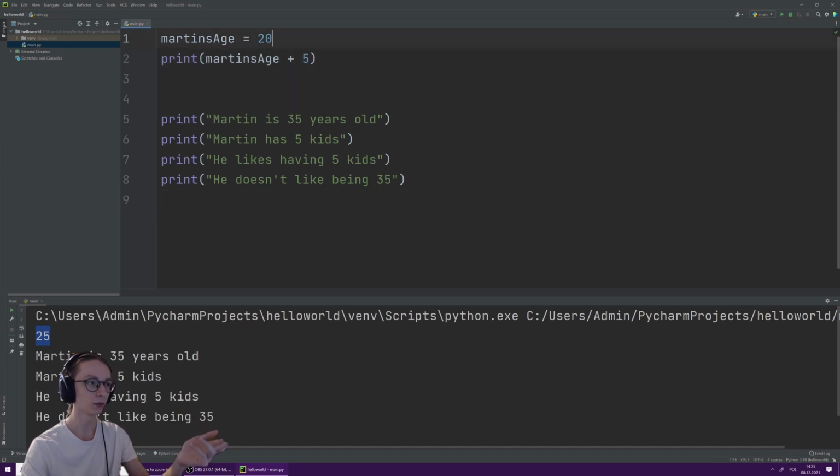And now instead of Martin's age 20, which applied here, it's going to display the value of Martin's age plus 5. So when we run the program, it's 25 again. So now